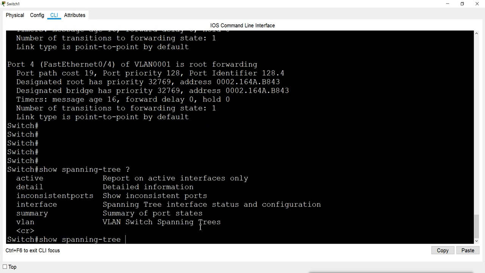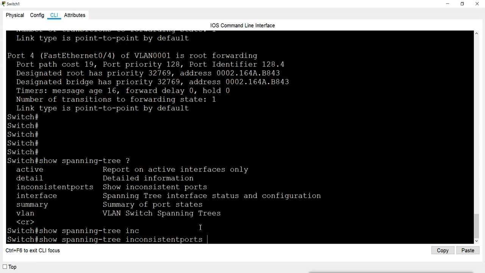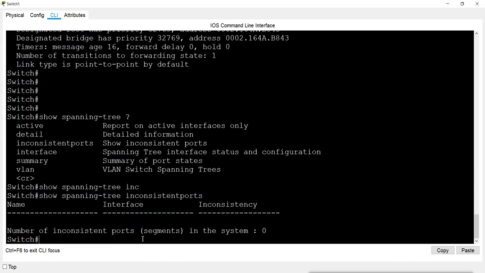Then we can check inconsistent ports. That means if some port is not working properly, it is connecting and disconnecting, then it will show here. Right now we don't have these kinds of ports here, so it is not showing anything, but if we have, it will show here.